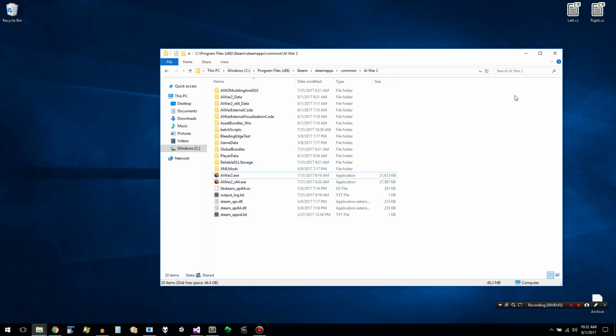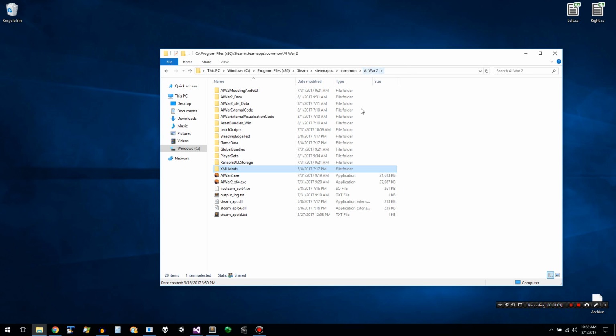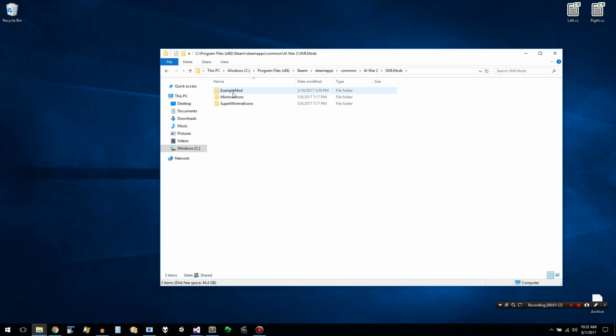First we'll start with the XML side of it. Basically what I'm going to do is take that ghosts mod that I did in part 3 and move it out into a mod that would survive an update to the game. So first thing to do is go in here to XML mods. This is the Steam directory for the game, not our development environment. It's what you've got. So in XML mods, just take example mod, copy, paste,